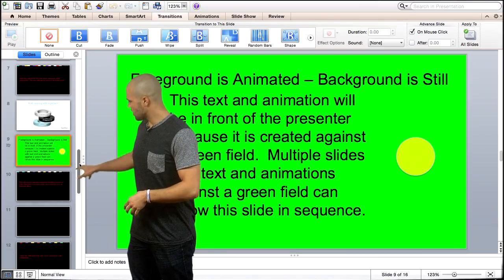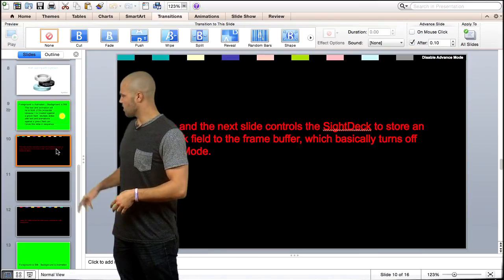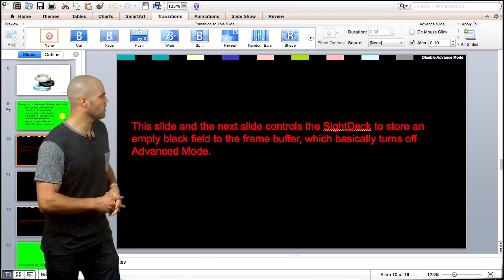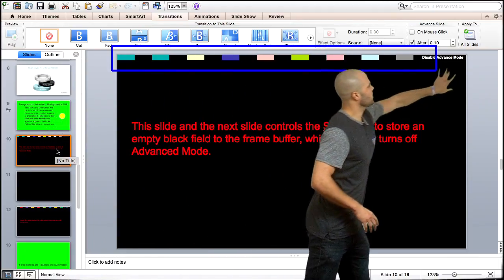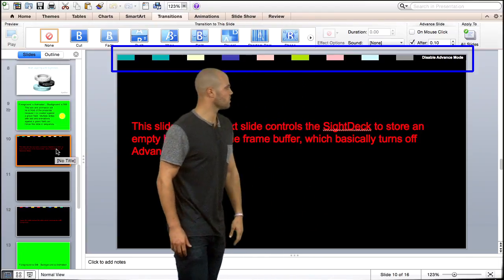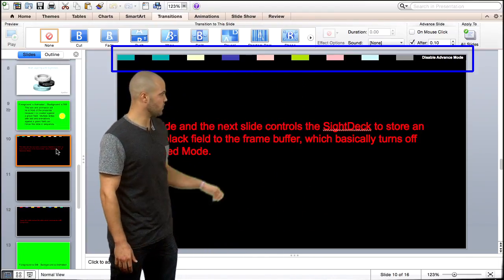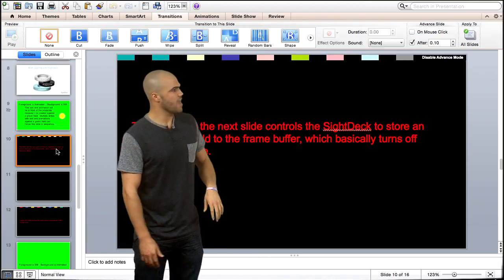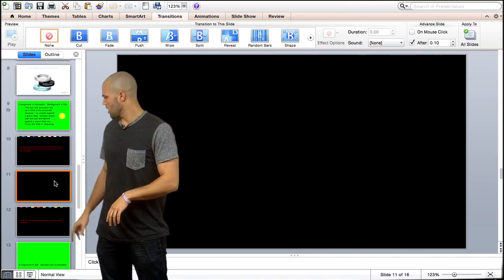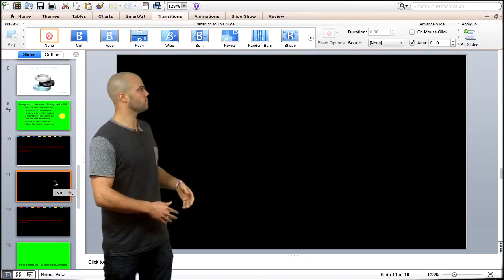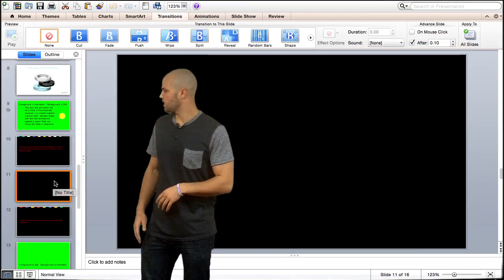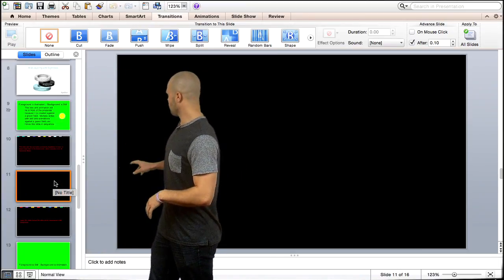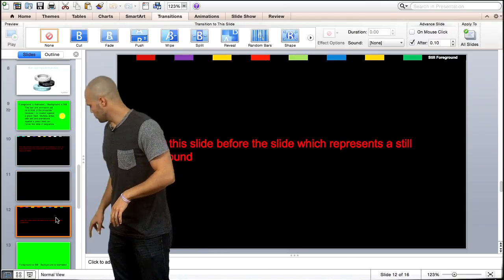And just like the prompting layer, we're able to disable this mode using this color bar here. It disables all advanced mode. Set that to transition after 0.1 seconds and have that followed by a pure black slide. And that'll be set to transition after 0.1, and that will end that part of your slideshow. So let's move on to